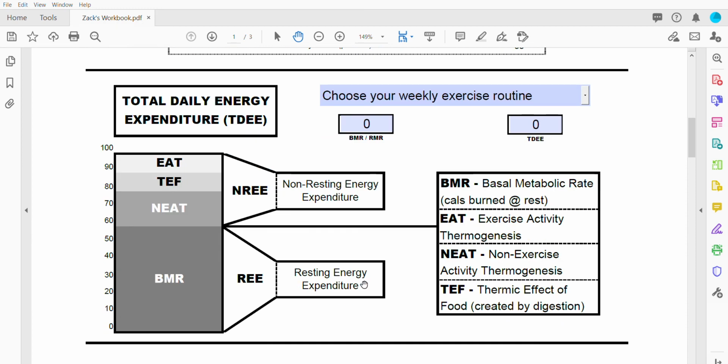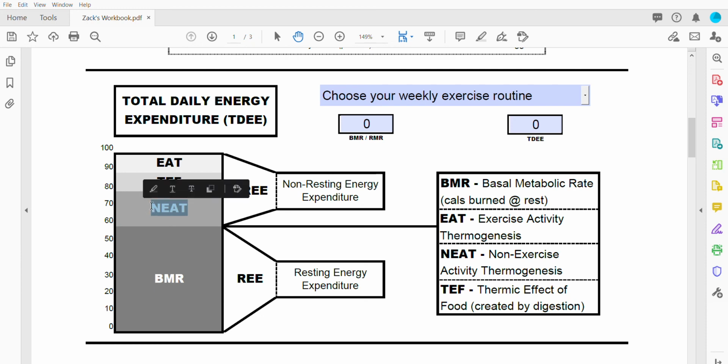It's comprised of two elements, the biggest one being your resting energy expenditure, which is your basal metabolic rate, your BMR, or really your RMR, which is the resting metabolic rate that we just learned about. They're not technically the same number, but the concept is similar enough for you to understand that this is a number that just happens automatically based on you doing no actual activities. Now the non-resting energy expenditure is the exact opposite. Non-resting is going to be things like